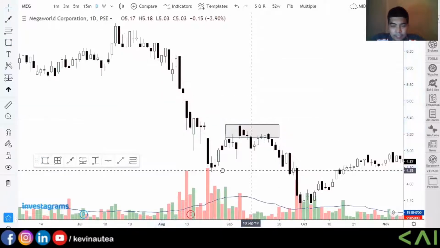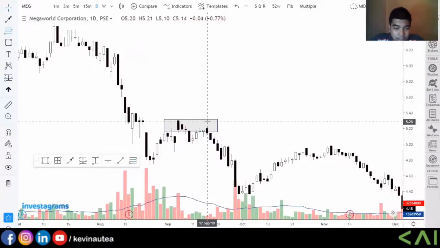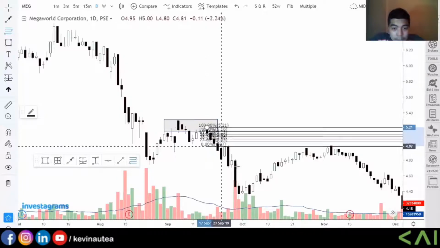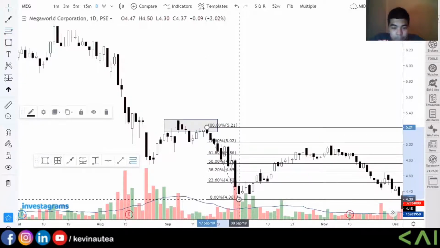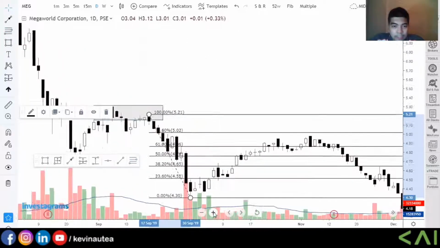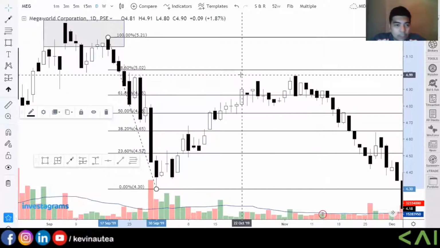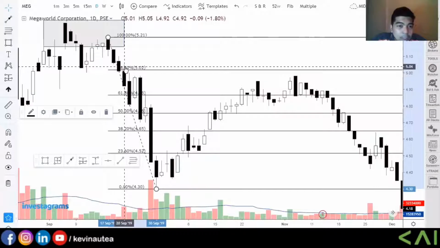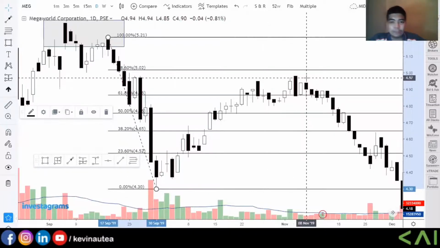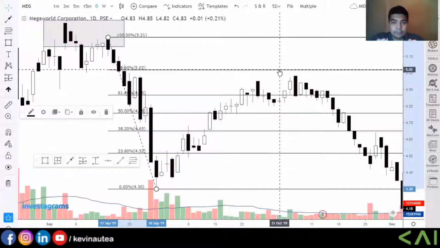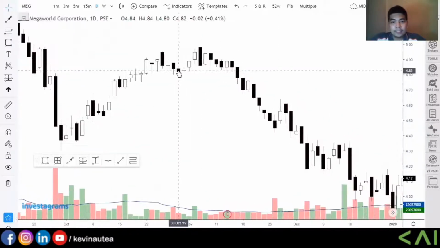Right. Next, let's plot it again, maybe from this one up to this point. This area is quite big, or quite longer than we expected. This is around 70 areas already. So right there. Then next,